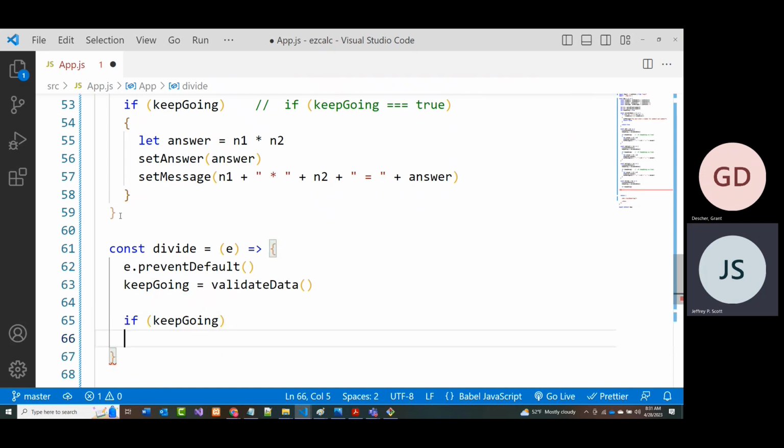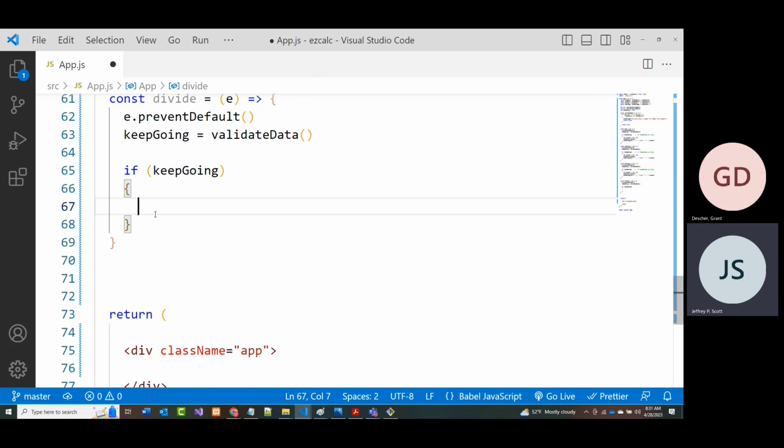All right. What do I mean? Well, this takes in two numbers here. That's correct. But what if the second number was 0? We don't want to let you divide by 0. Even though JavaScript does let you do it and it gives you infinity, the idea is we want to write this program as though it would work in any programming language. And in C sharp, for example, and I know you know this, Grant, if I try dividing by 0, it would throw a divide by 0 exception. And the program would stop. So